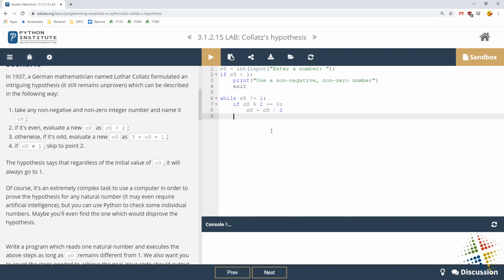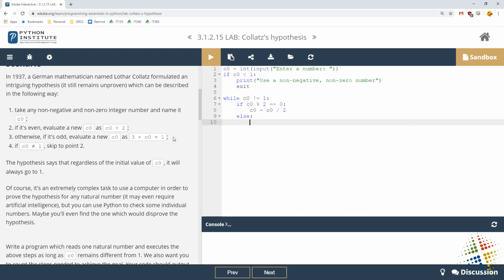Otherwise, if it's not even, then it's going to be odd. So I could just do an else. I could do a second modulus statement in there in order to evaluate whether it's even or odd. But if it's not even, then it has to be odd. So if it's odd, then C0 equals that, which I pretty much just copy and paste into Python.